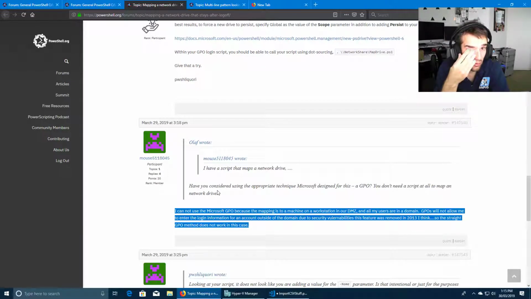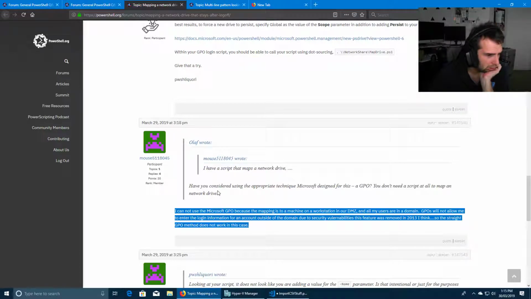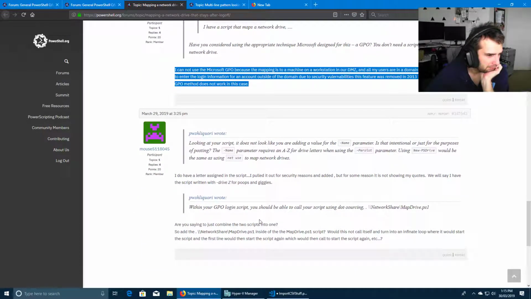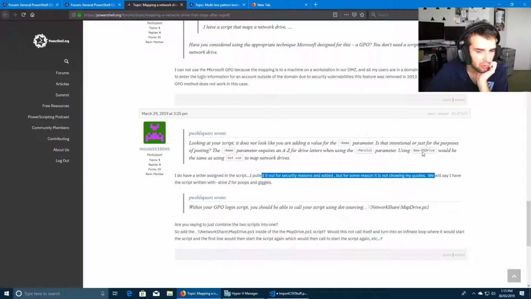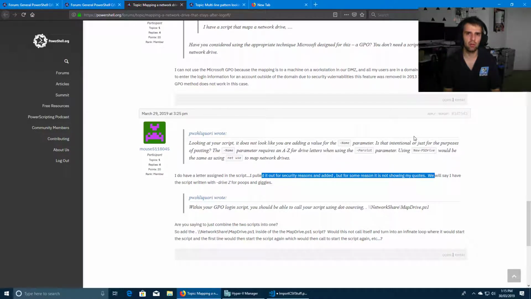Even in your DMZ, if you've got something like this, you'd have a domain controller. I do have a letter assigned in the script to pull that, for security reasons. I'm going to tell you now, having it talk to a domain controller in a DMZ is way safer, especially if the domain controller is in a DMZ or in an isolated network,